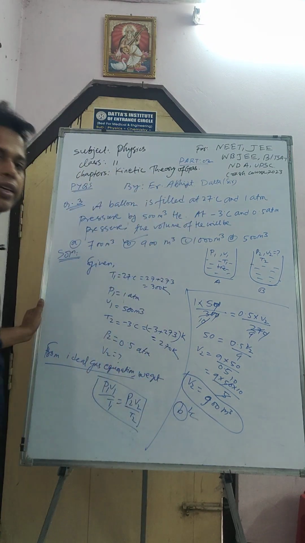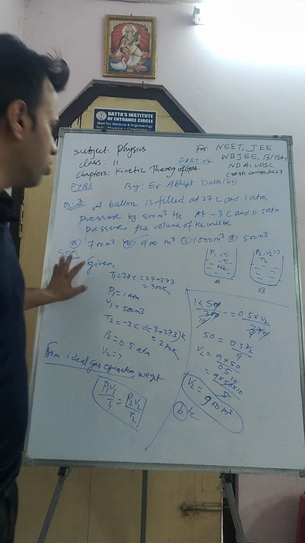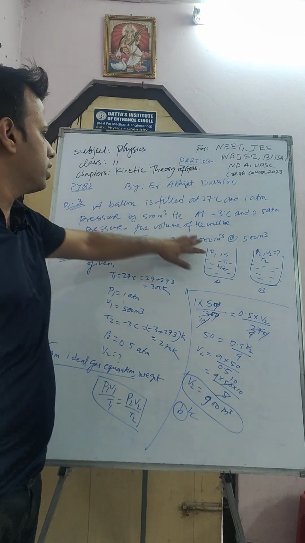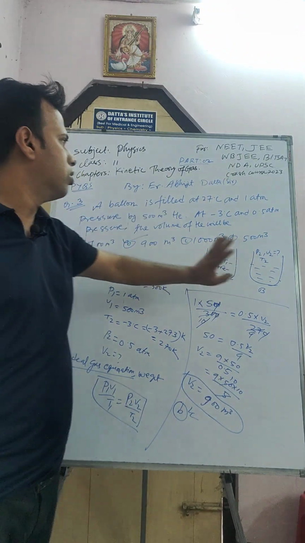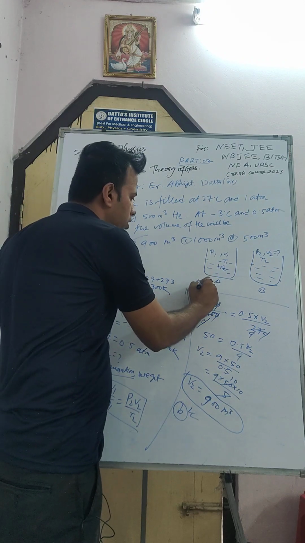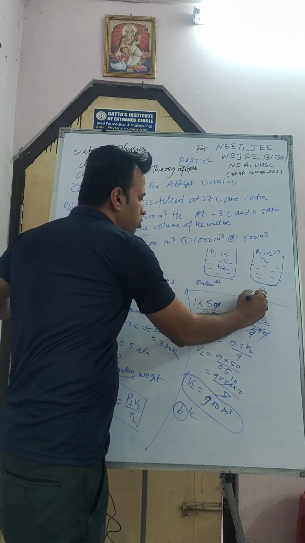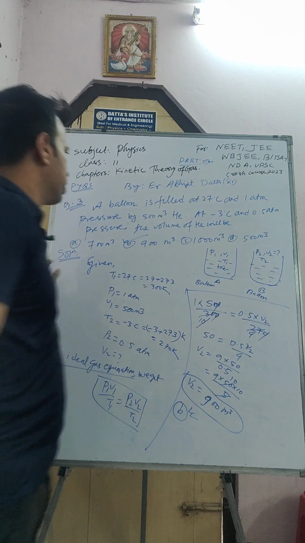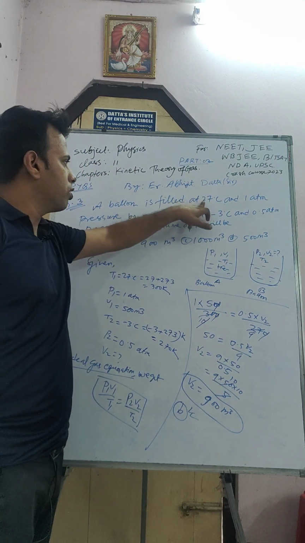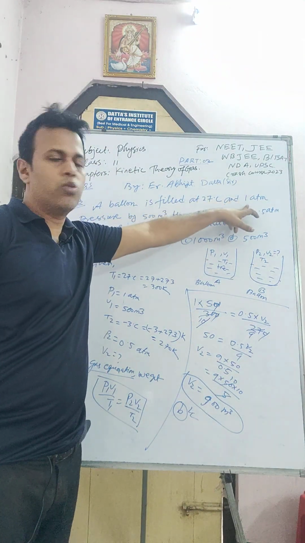So let me explain again shortly. What is given? They have given a balloon that is filled. This one is one balloon and this one is another balloon. Okay, this one is balloon A and this one is also a balloon, balloon B. The initial temperature is 27 degrees, the initial pressure P1 is 1 atm, and